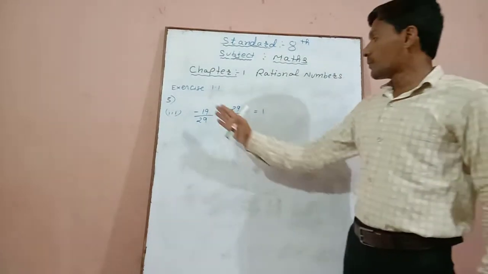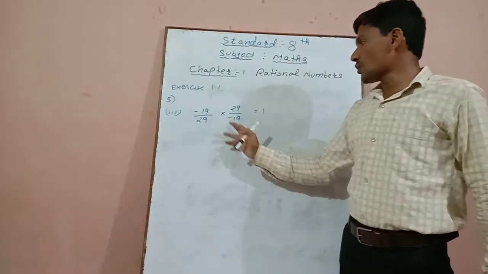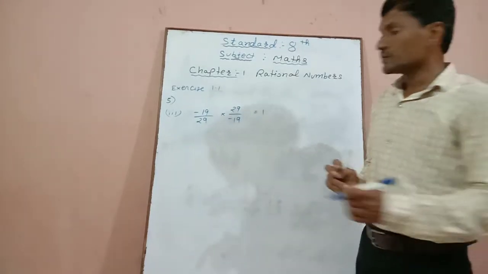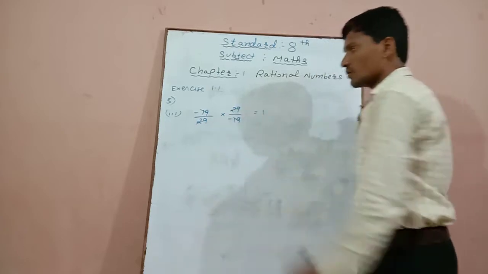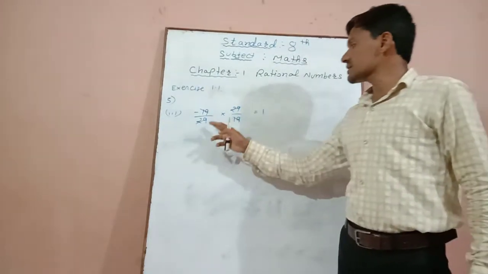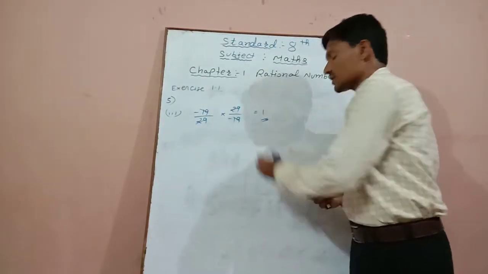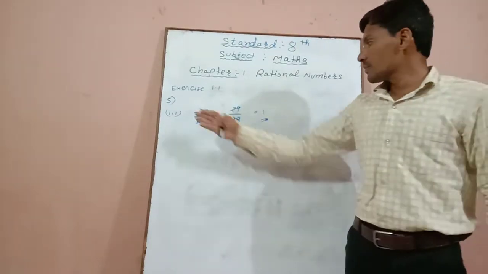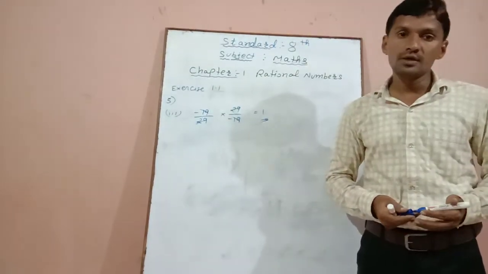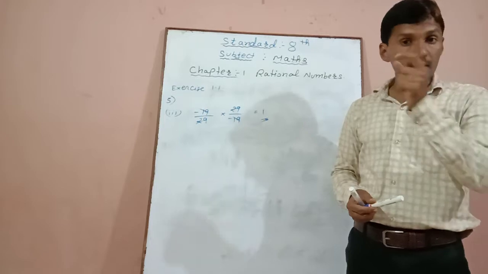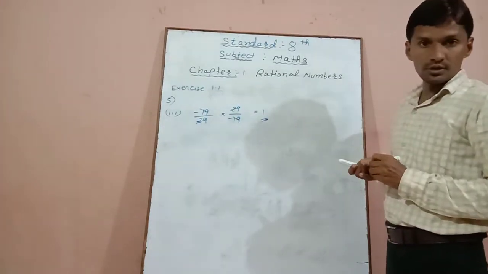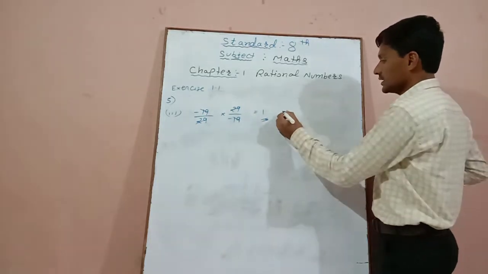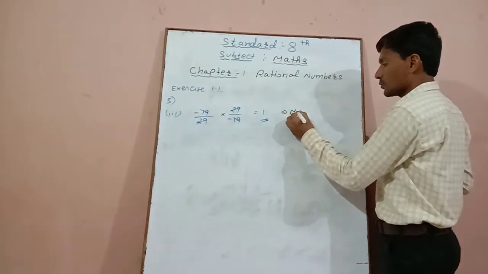Here we multiply and we can see that everything cancels, because if the numerator and denominator are the same, then all will be cancelled. So here the answer is 1. When the answer is 1 by multiplication of different fractions, then it is the multiplicative identity. So the answer of the third question is multiplicative identity or property.